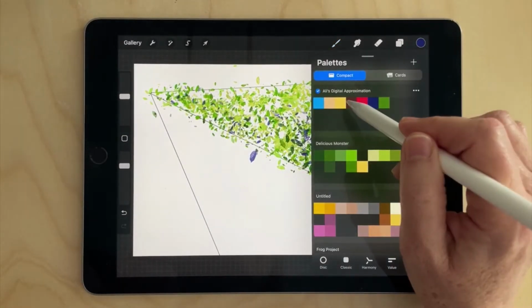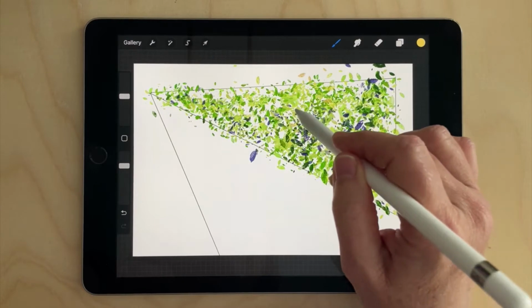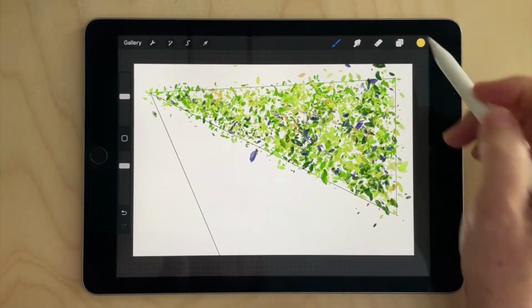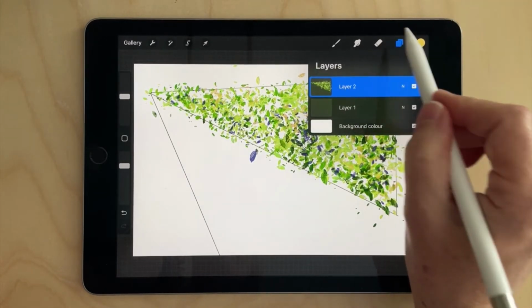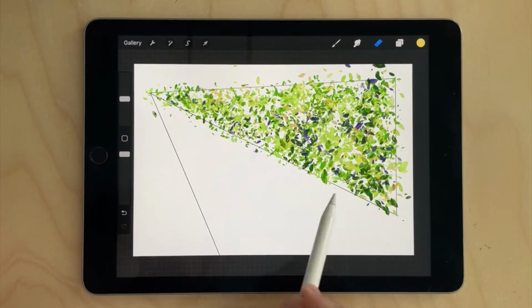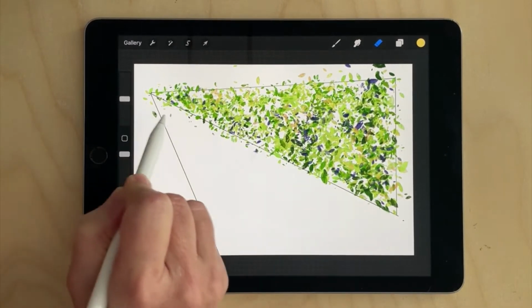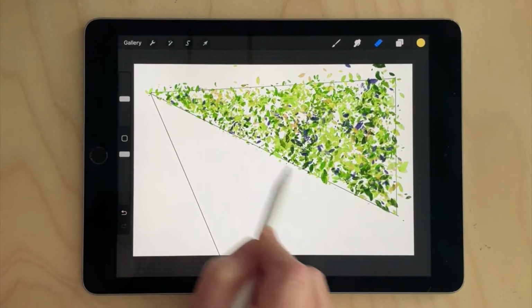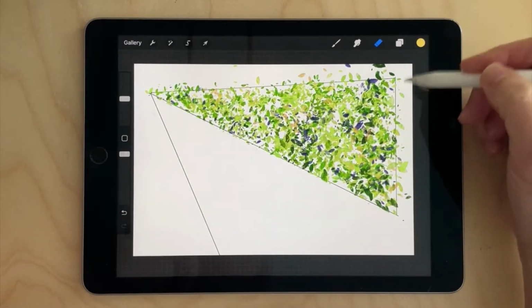And a teeny bit of yellow because I'm always a sucker for some yellow in the greenery to show the sunlight coming through it. Okay, so there's our hedge, and I'll quickly erase to make it neat and tidy, as if there are 100 gardeners in charge or clipping away at it all the time. Okay, so here's our hedge,